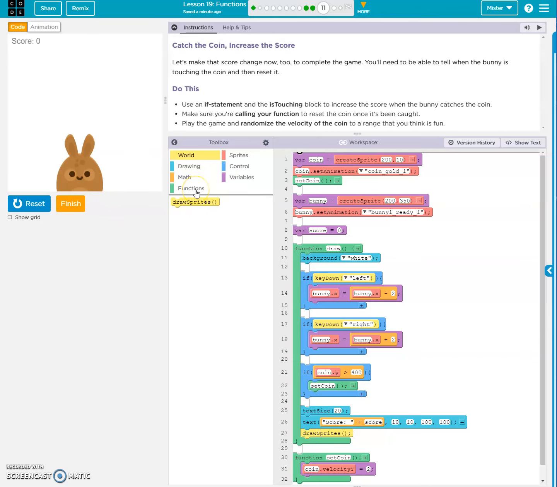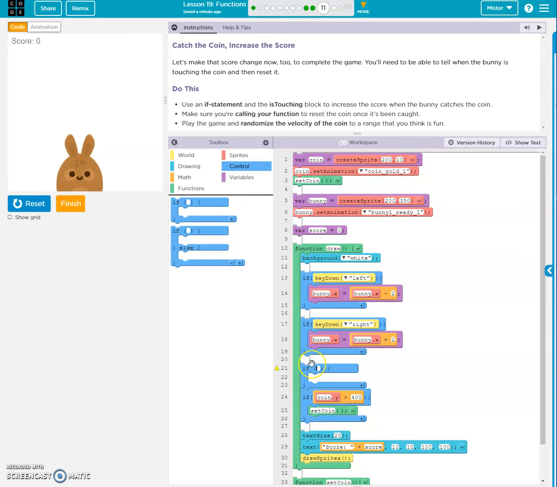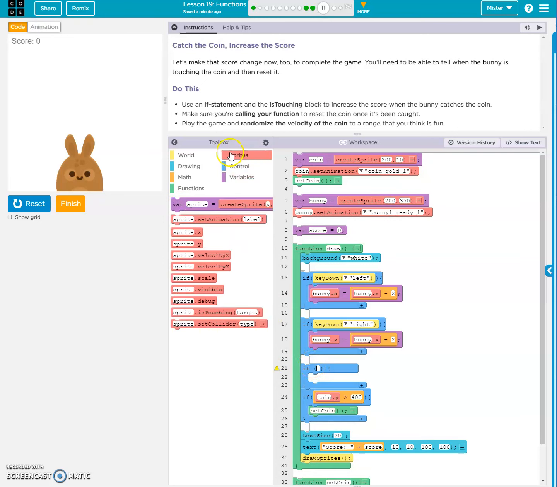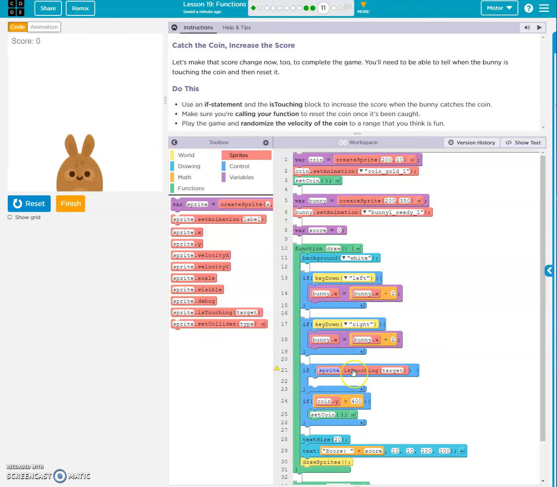First, Control, and we'll drop this in here. So we're saying if the bunny is touching the coin,